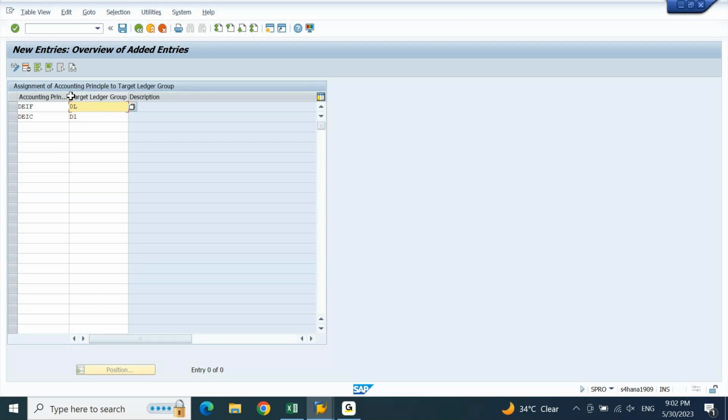Let me press enter. If you press enter, which field is grayed out? Which field is editable? Target group is editable, sir. Others are grayed out. Yeah, accounting principle is grayed out and your ledger is editable.